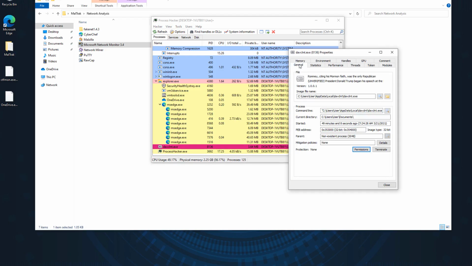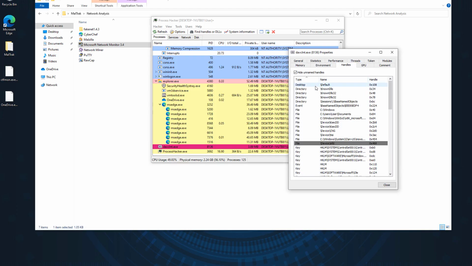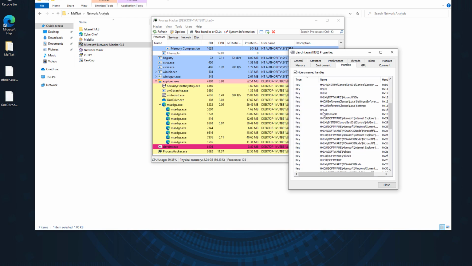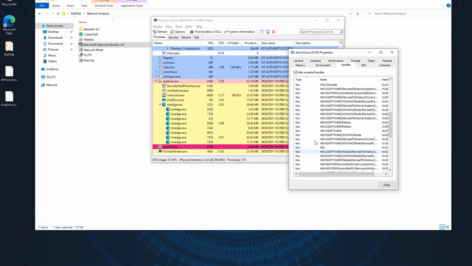With this app, it can tell us a bit more about where this file is, so we can take a copy of it, get its hash, and use this hash as a lookup. As well, it can tell us some information. We can see here the threads that are running. We can see all the files that are being opened. If we see an app that's opening so many different files, that's something suspicious and could be ransomware. For this one, we don't see that, but we see different